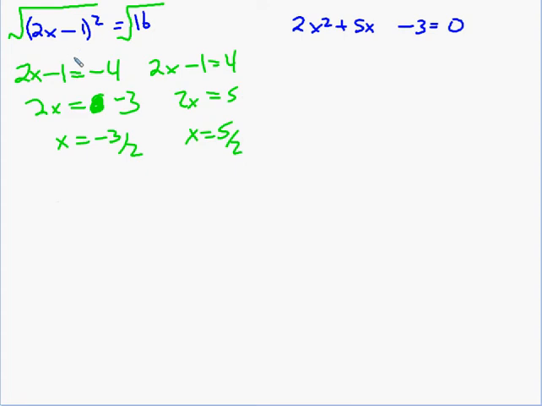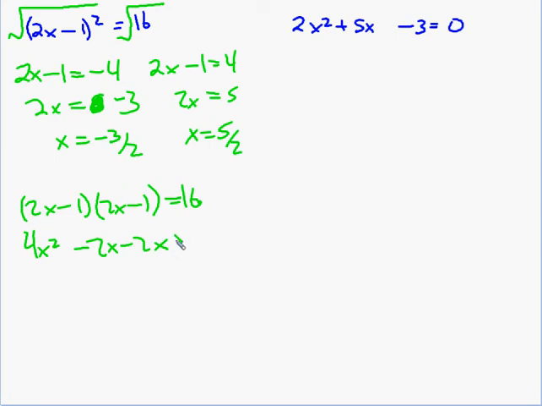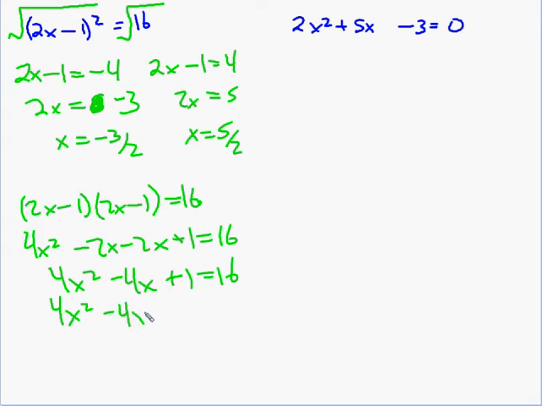I'll go ahead and do it the other way. I can expand that out, and if I do, I get 2x minus 1, 2x minus 1 equals 16. Multiply, but this is a lot of work. See, I'm multiplying each of these, plus 1. And combine our like terms. Get the 16 on the other side. Gosh, this is really nasty. And although this is factorable,